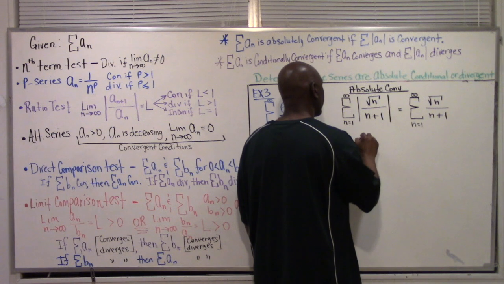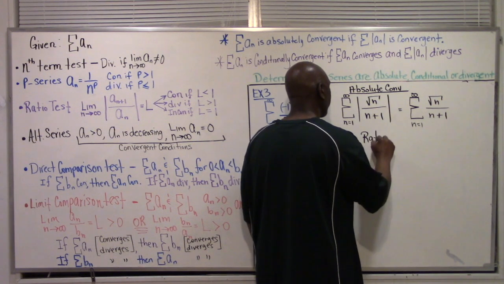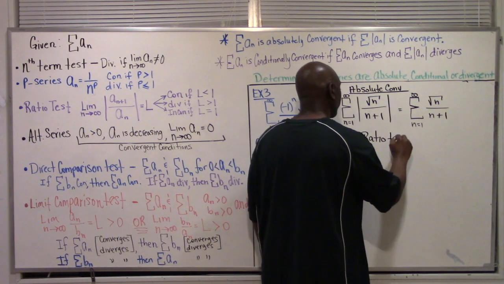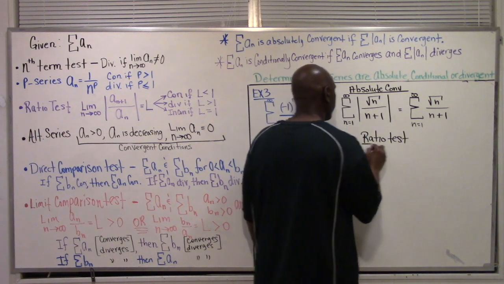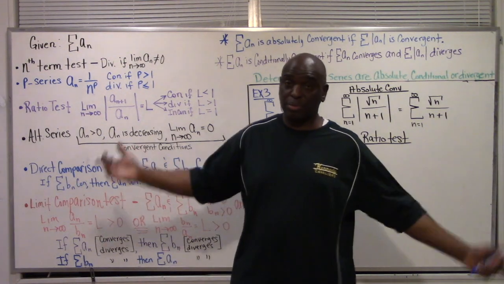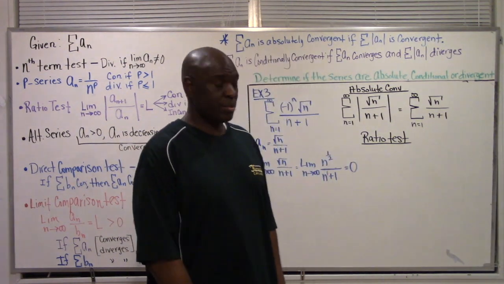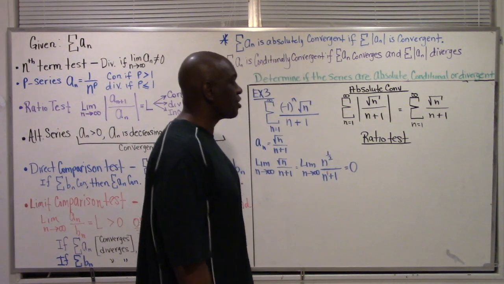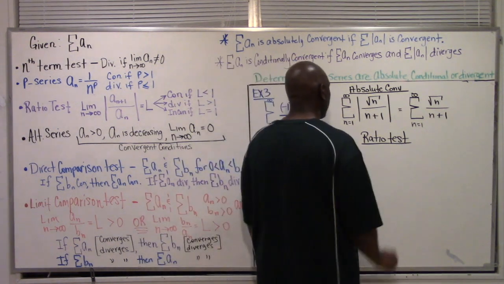Let's try a ratio test. Let's see if that works. I'm going to try the ratio test because I know the ratio test deals with absolute convergence. Let me try the ratio test and see what we're going to get. If I try the ratio test on this, then I'm going to have the limit